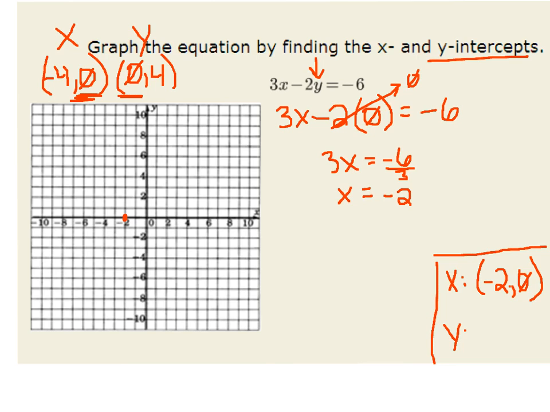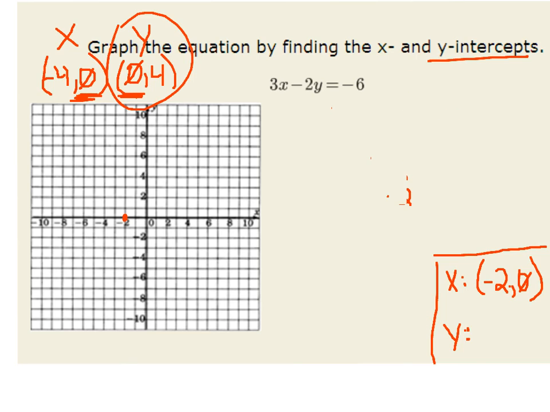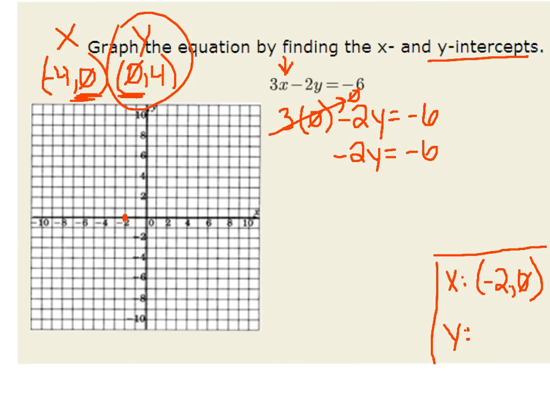So now we're going to find our y-intercept. Back in our little hypothetical example here, at our y-intercept, this coordinate point right here, our x value is 0. So we're going to do something similar, but with the other variable. We're going to plug in 0 for x. So we get 3 times 0 minus 2y equals -6. This goes to 0, so we get -2y equals -6. Again, that division property of equality comes up all the time. It's good to know. These cancel. -6 divided by -2. A negative divided by a negative is a positive, so we are left with y equals